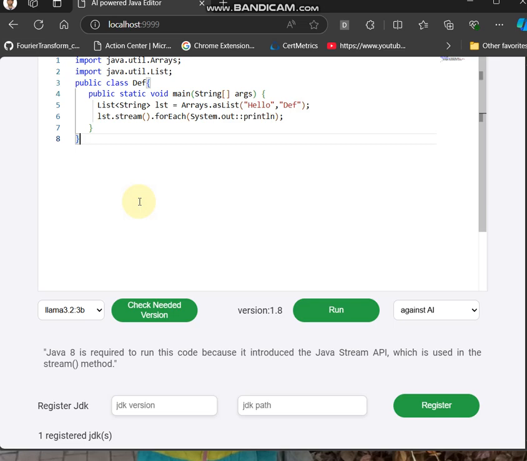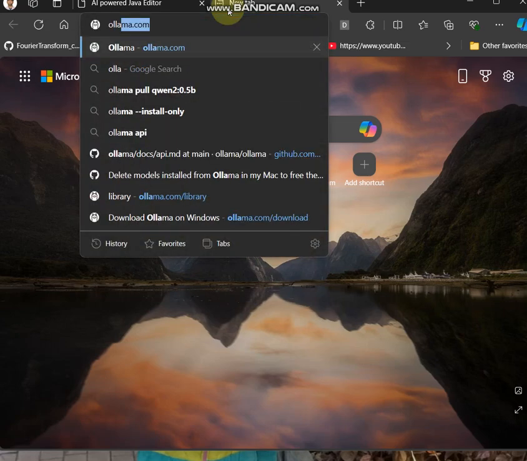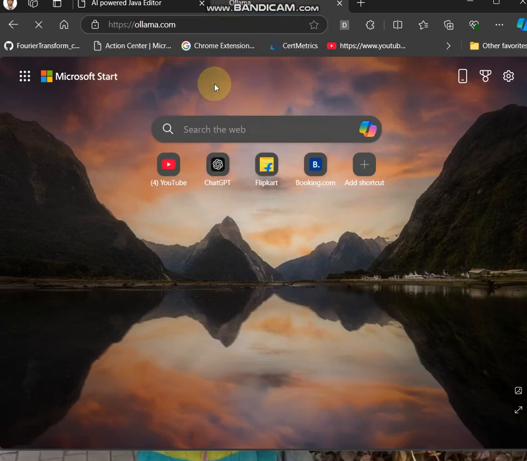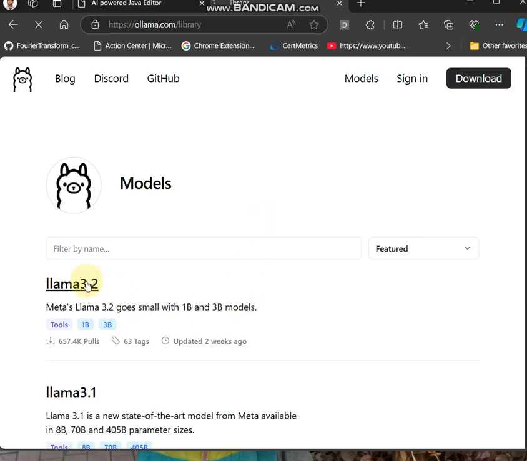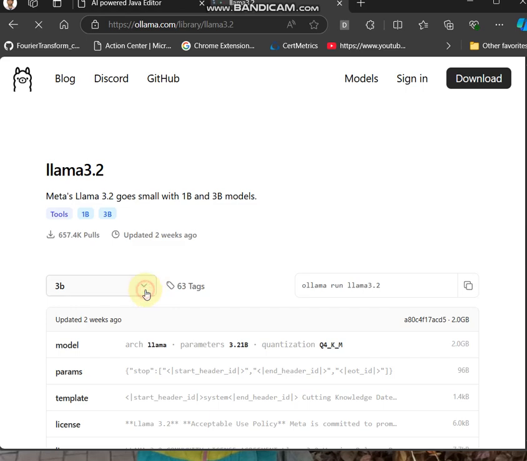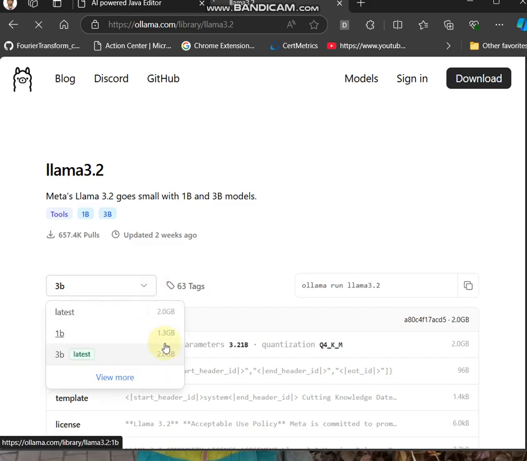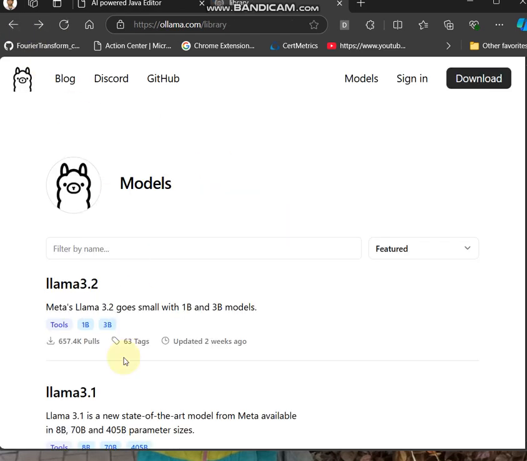Also, regarding the first time that it got the version wrong, I think it's because the Llama model that I'm using is still not a bigger model. If I go to llama.com and go to models, this Llama 3.2 I'm using, you can see I'm using this 3 billion one, and this is just 2 GB in size, so it doesn't have sufficient data. In comparison, if I go to 3.1,